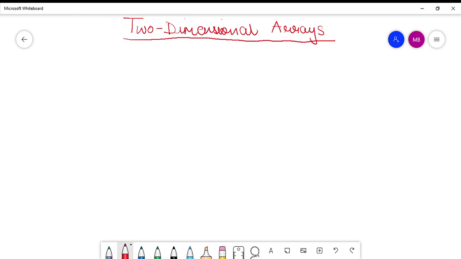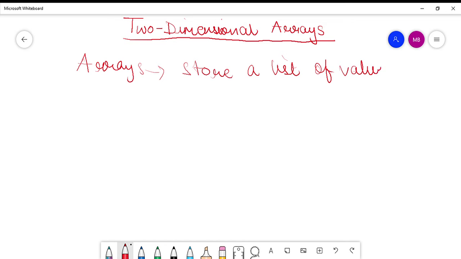The basic array, that is the one-dimensional array, the basic purpose of using an array is to be able to store a list of values. When we want to store a large number of values together using a single variable, then we use arrays.